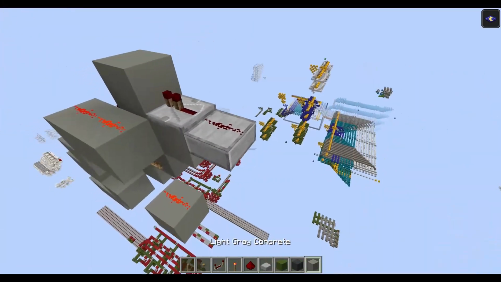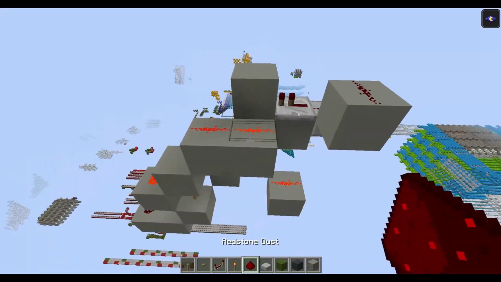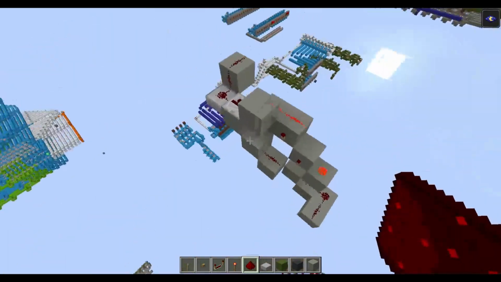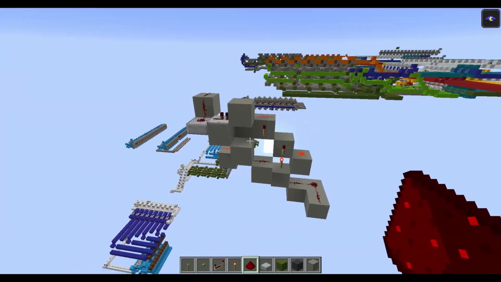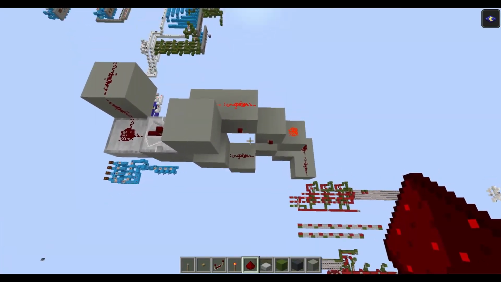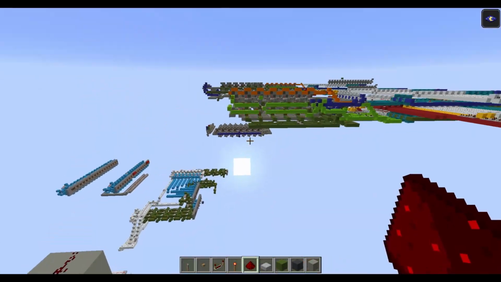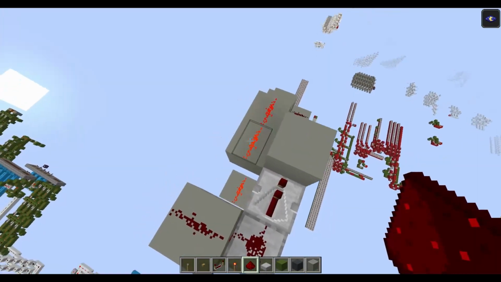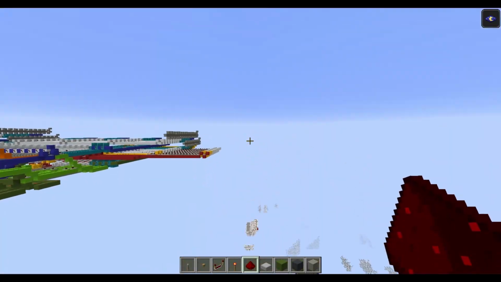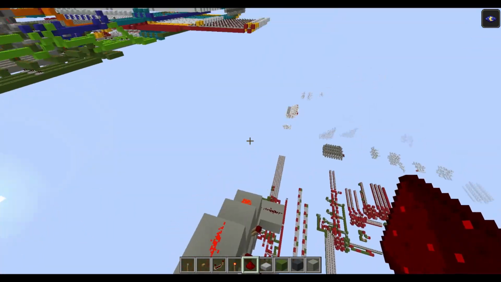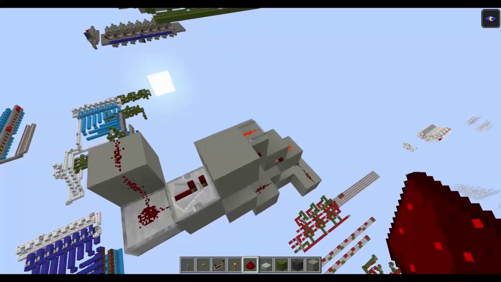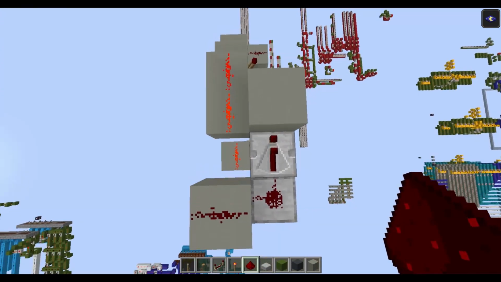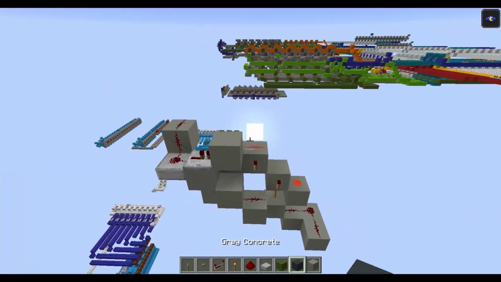And the last thing is this reset line. With this repeater we can reset the memory by powering this line here. Now we have one cell, 1 byte. So we need to stack this 8 times in this direction to store one entire byte, every 2 blocks, and 7 times, so 6 more times in this direction to store 6 more bytes. And in this direction it's every 4 blocks. So let's do this.